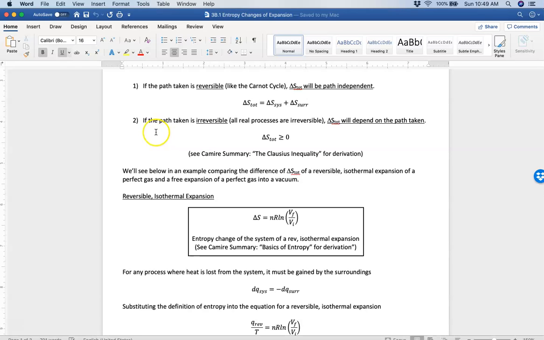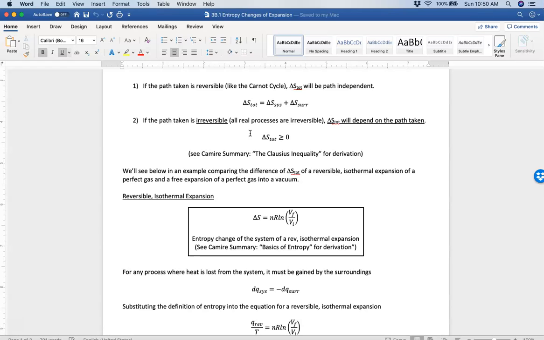However, for irreversible processes, and all real-world processes are irreversible, because anytime work is done, something changes in a system, there's going to be friction, there are going to be sound waves. All of those are leaking energy that cannot be put back into the system, right? It's making eddies or currents in the air as something is expanding and pushing air out of the way. So those are processes that can't be reversed with a simple change in the direction of the process. So they are inherently irreversible, and all real-world